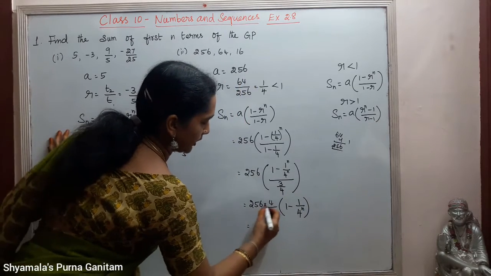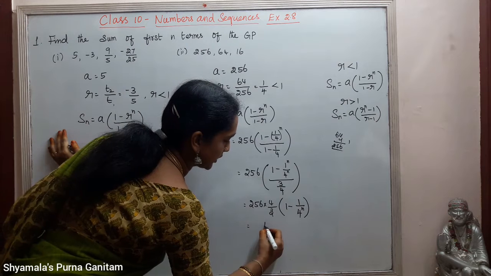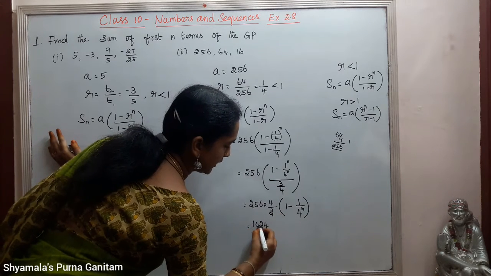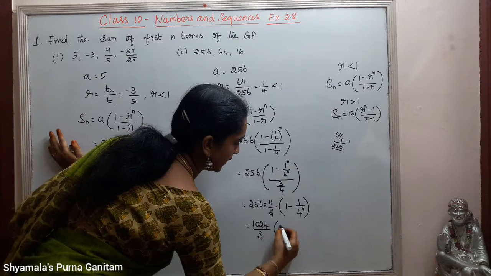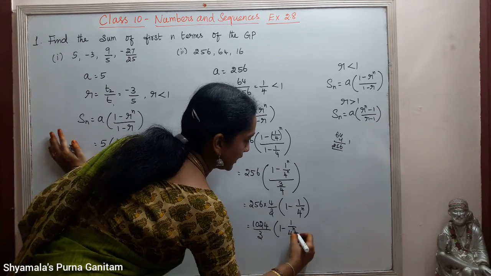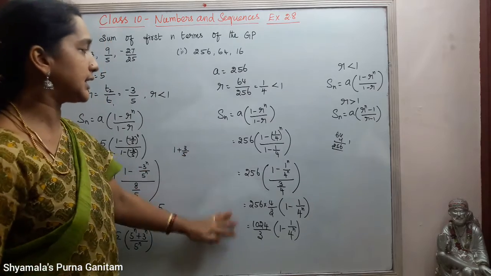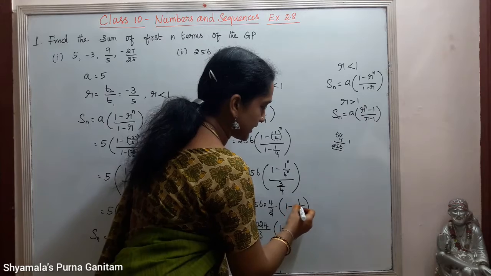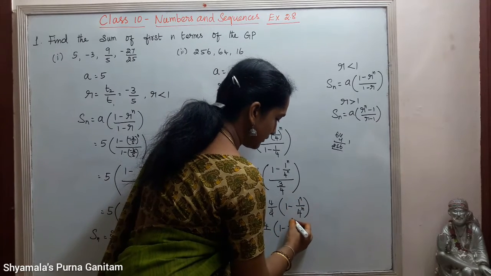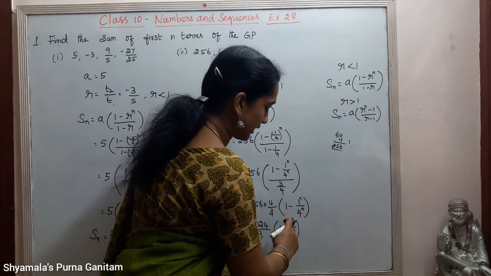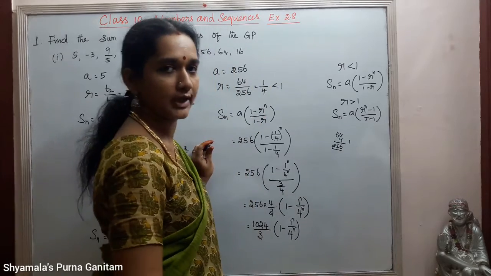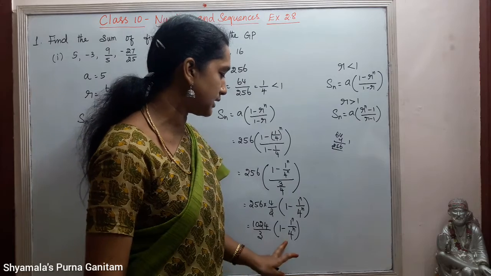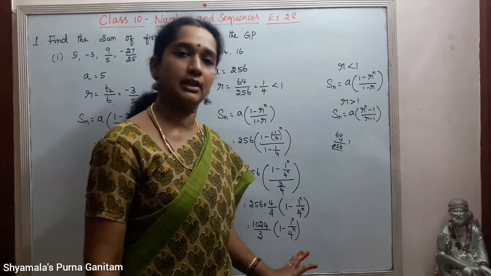So this is equal to, when we multiply this, 6 4s are 24, 5 4s are 20, 22, 4 2s are 8, 9, 10. 1024 by 3 into 1 minus 1 by 4 power n. So this is the Sn for the second series. So 1 minus, here we will get 1 power n. If we want, we can write it as 1 by 4 whole power n also. Anyway, 1 power n, we have to write 1024 by 3 into 1 minus 1 by 4 whole power n. Okay.